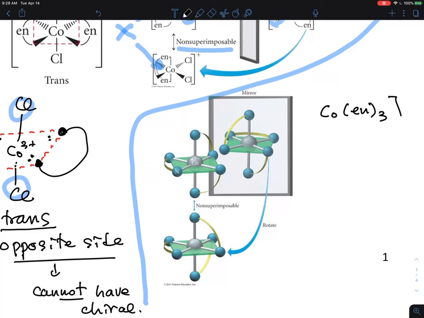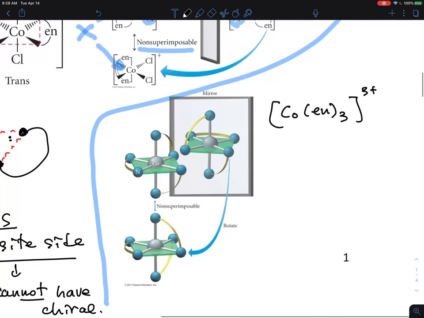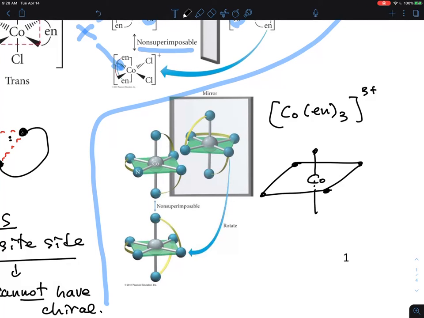If I say, probably this will be a 3 plus, and this one essentially forms the plane with the cobalt in the center, and then there is an axial position, and then there are four positions on the equatorial plane. Okay, so these are positions, and depending on how you connect those, these three connections for these amines, shown as big black dots, they can have